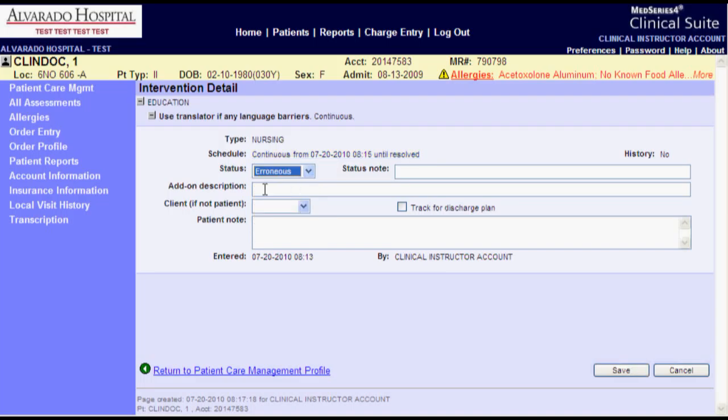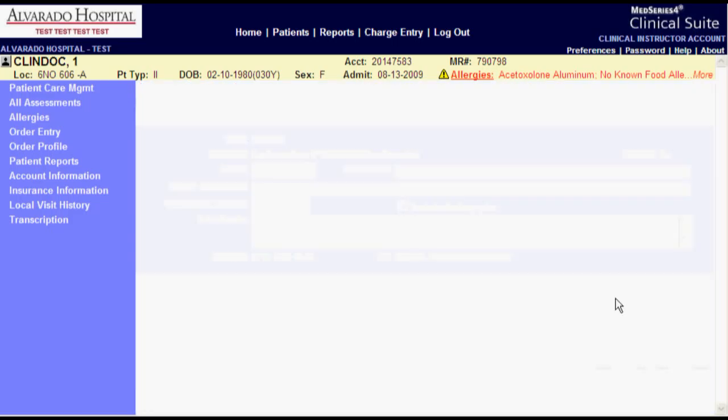I can change the status now to erroneous, since it's not necessary for this patient. I can also include an add-on description or a narrative note describing no language barrier identified. We can click Save,